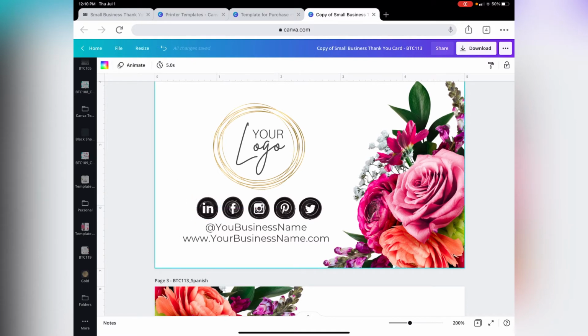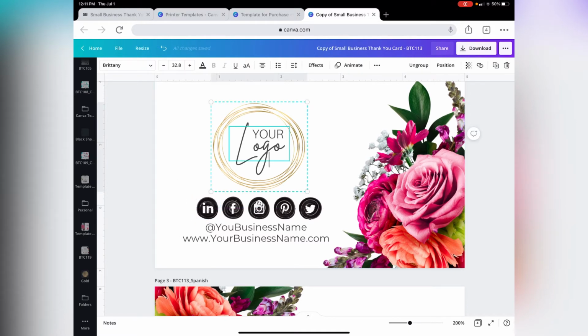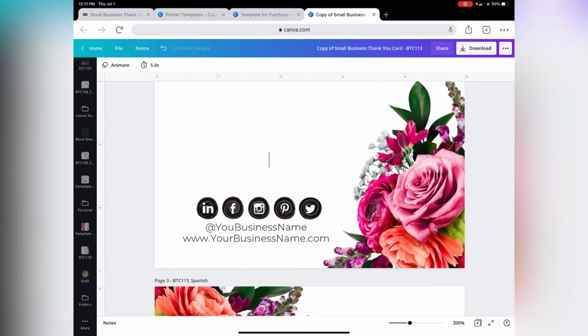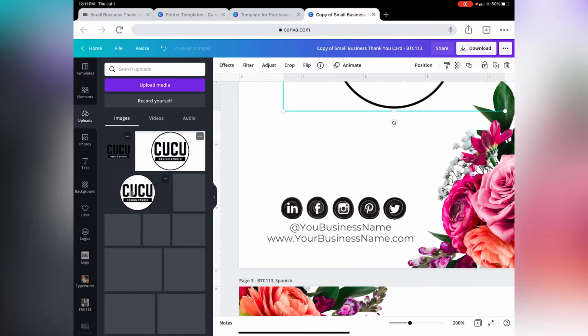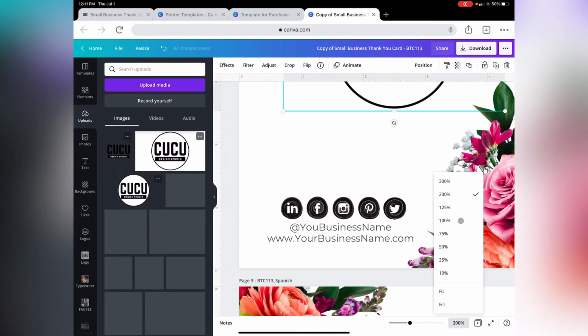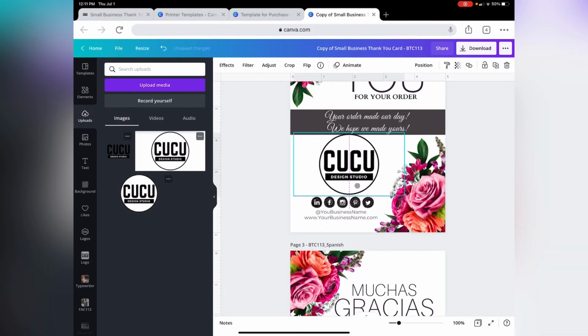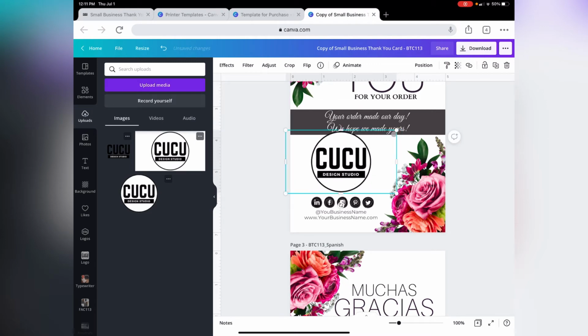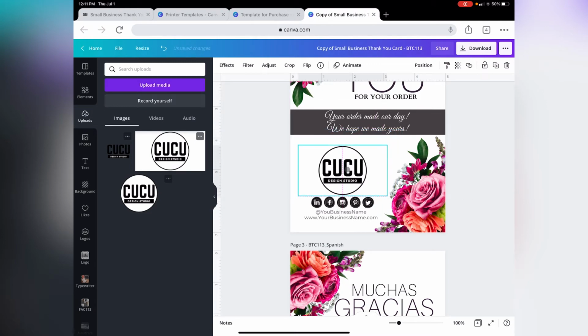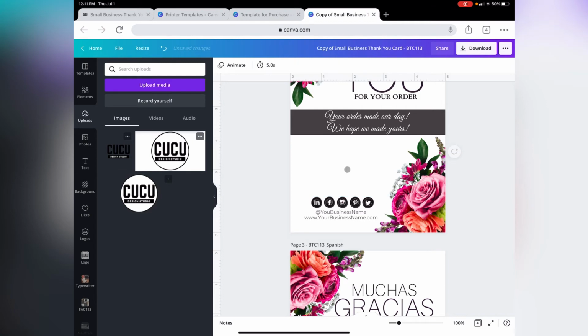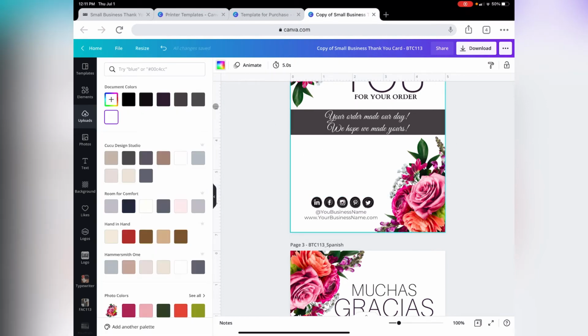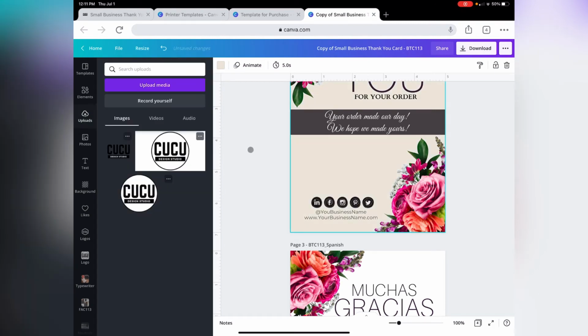and there we go. Let's upload our logo. Get rid of the placeholder, drag our logo. My logo here has a transparent background, so it's going to blend in with any background on this template. If your logo has a background like this one,